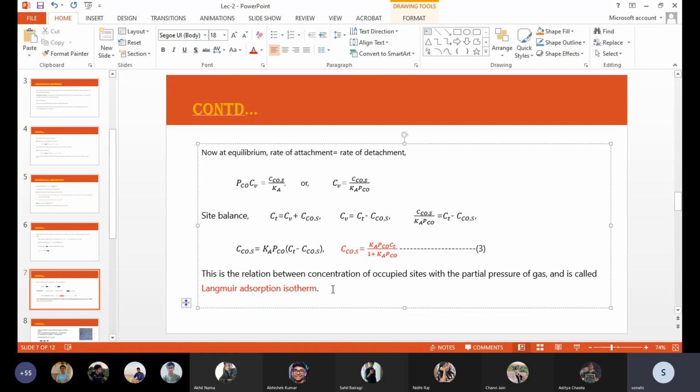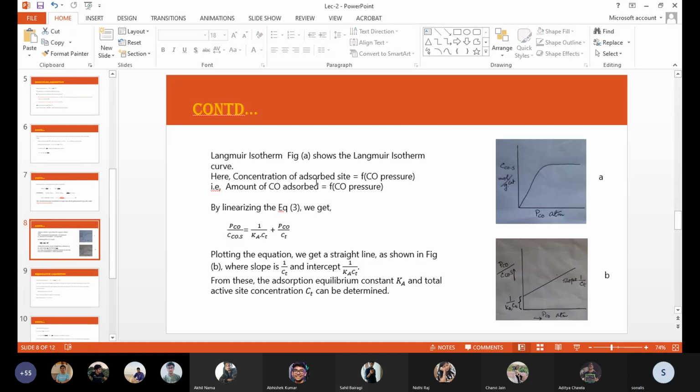Now this is the relation between the concentration of occupied sites and the partial pressure of the gas, and it is called the Langmuir adsorption isotherm, after the scientist Langmuir, who developed this equation model. Now, Langmuir isotherm, figure A, shows the Langmuir isotherm curve, CCOS against PCO,